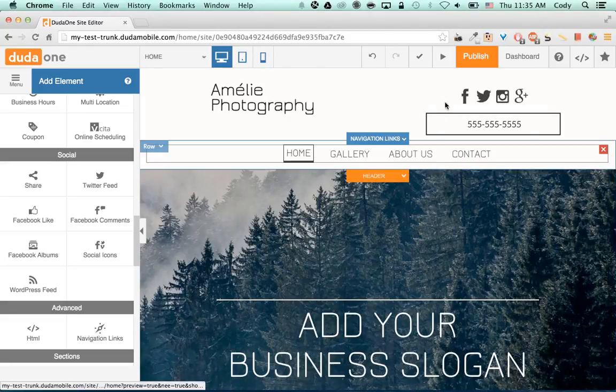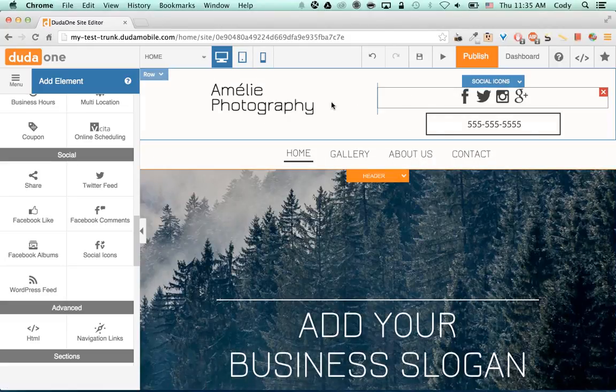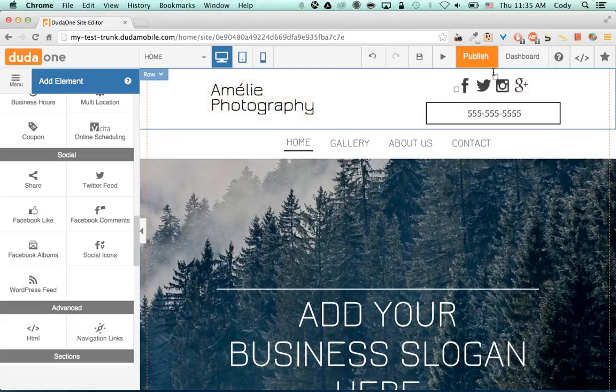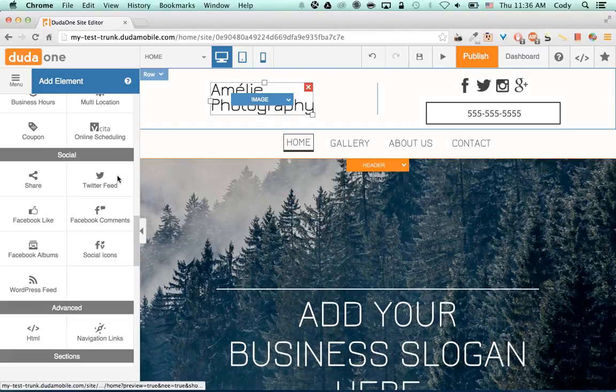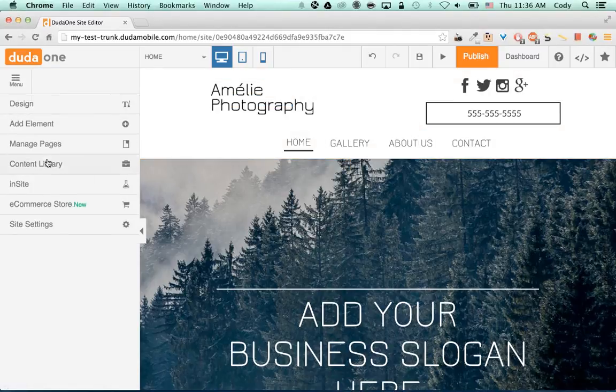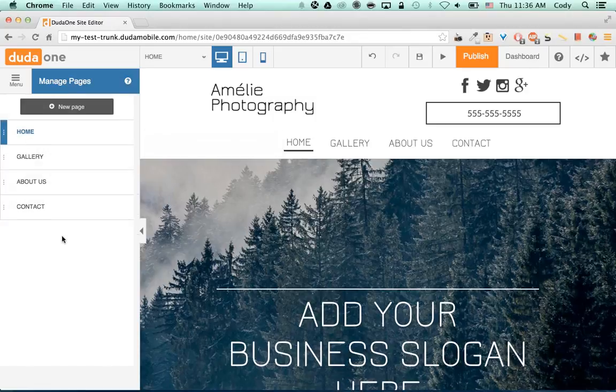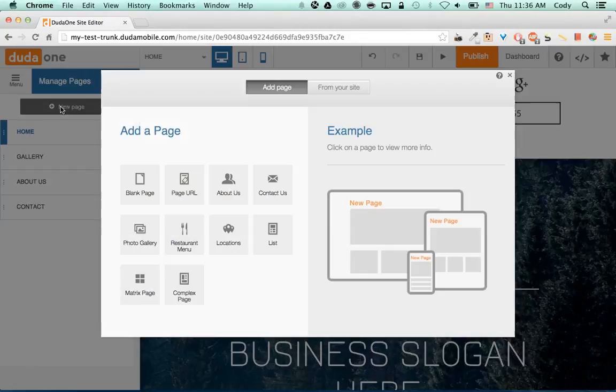There we go. So now what we've done is we've actually tailored our user interface, and we can move items just like we would through other abilities. But you can imagine you can now put all sorts of new information up here. If you want to have call us functionality, you can add that. If you wanted to add images, or even an image slider into your header, if that's capable. Another thing that's really impressive with this, that will help out a lot of folks, is now under the managed pages, if you want to have more pages,